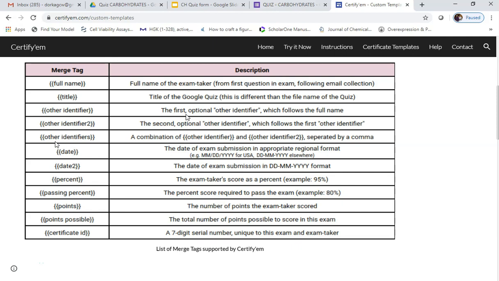And we can merge these two as a single one using other identifiers, which is a combination of other identifier and other identifier 2 separated by comma. We are using this one, and also date 2 which is in the Indian format, using percentage, as well as certificate ID in my certificate.